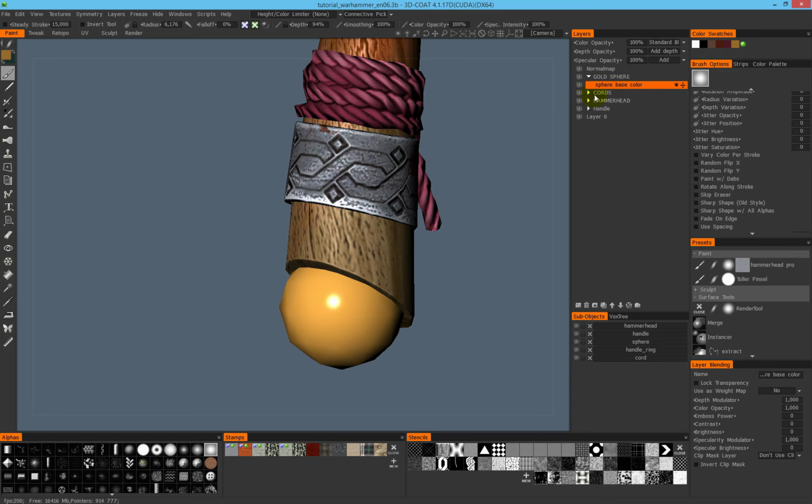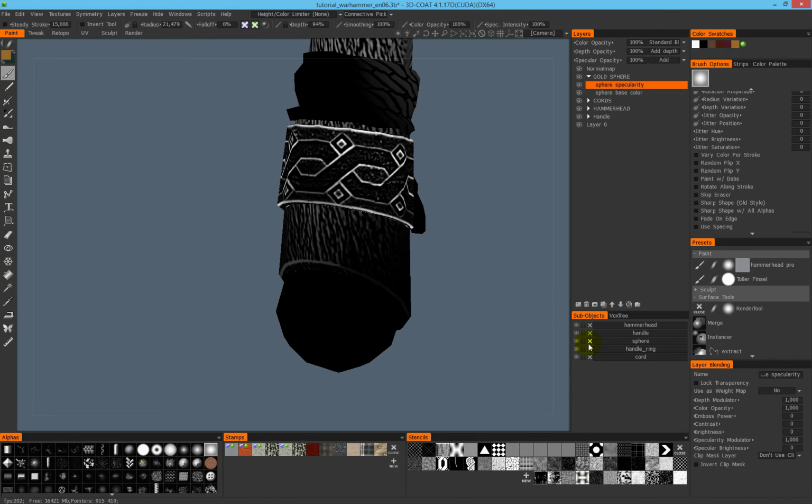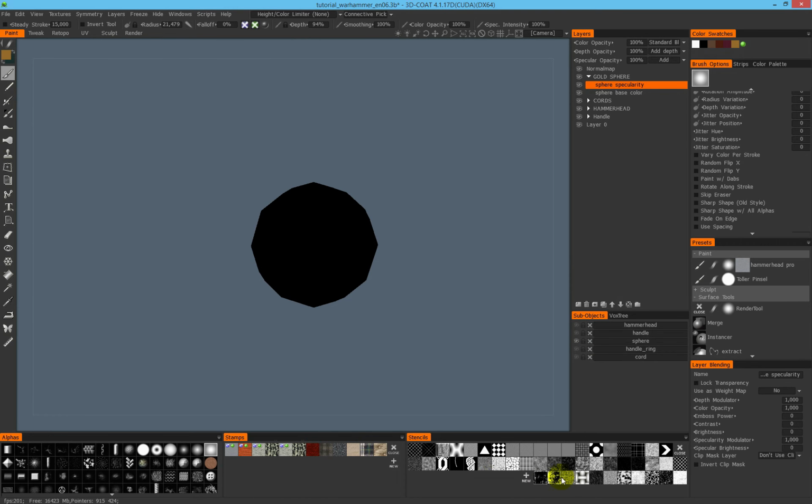All layers can store all the information that has to be used here, that has to be painted here. So I delete my specularity and make a new layer. Sphere specularity. But this time I will not fill it. Sorry, I will not fill it. I will paint it. The reason for this is I will use a mask to paint it,